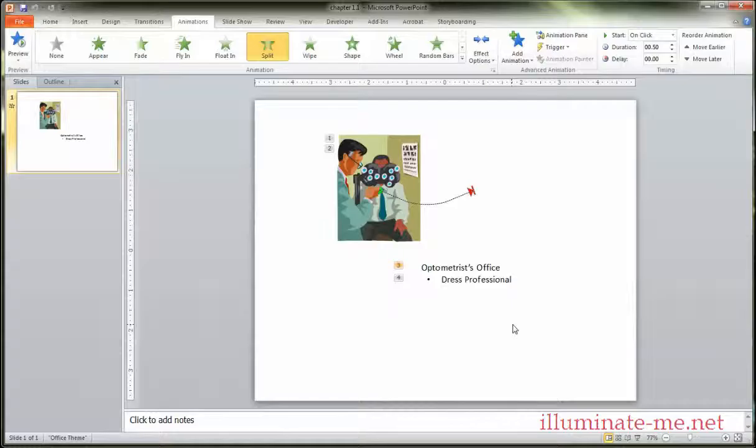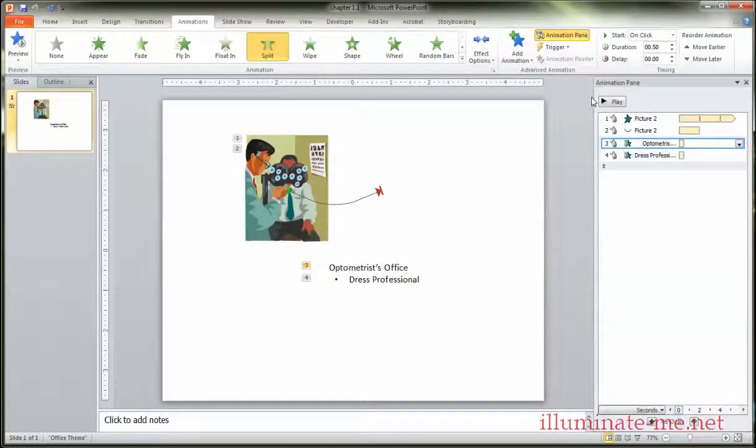Using the animation pane. Once you've added an animation to your text or object, click the animation pane button found under the advanced animation group of the animations tab. This will display your animation pane to the right. And you'll notice also that there are numbers that appear by your objects, and these also correspond to what are found in the animation pane. 1, 2, 3, 4. Displayed in the animation pane